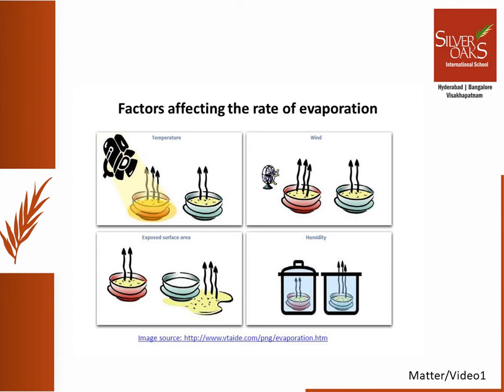Just recently, when we were going through the summer, our clothes used to get dried up within 1 or 2 hours. But now that the monsoon is approaching, we may come across that clothes take a lot of time to dry up, because the temperature difference is there. In summer, the temperature is more, so the clothes dry up quickly. In monsoon, the temperature is less and humidity is also more, so the clothes take more time to dry.